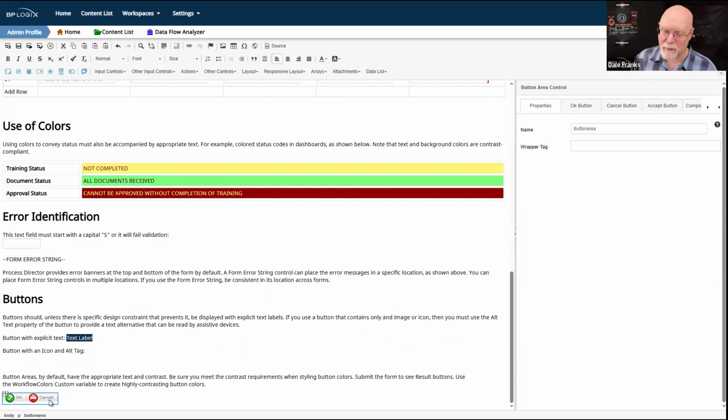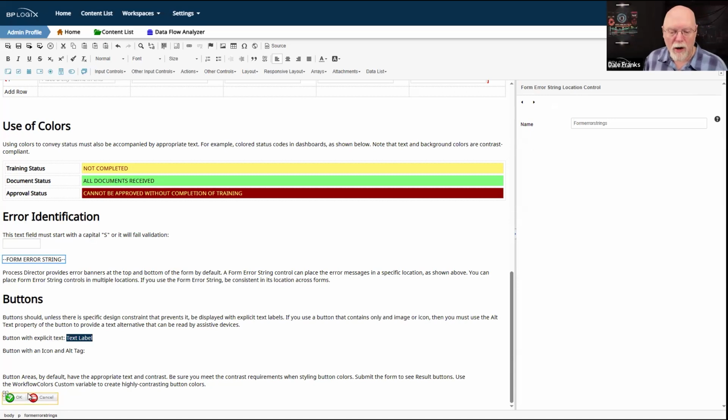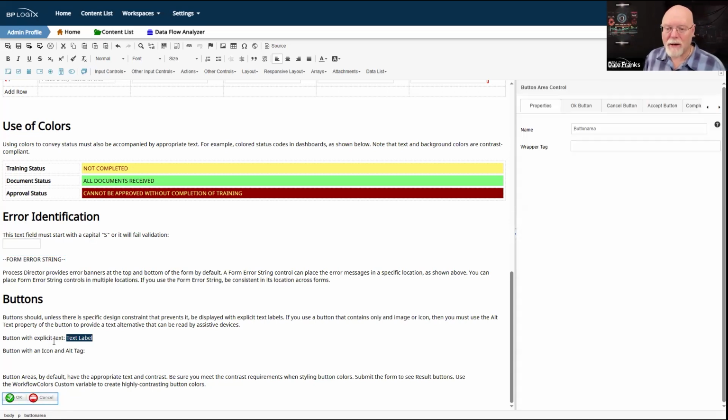It's not really an accessibility thing, but it's certainly a best practice thing, because it gives you control over where your buttons appear for your task completion buttons. And that also enables you to drop a form error string right in front of the form buttons, so that in addition to being at the top, if you're going to put it at the bottom, it should be right above the buttons themselves.